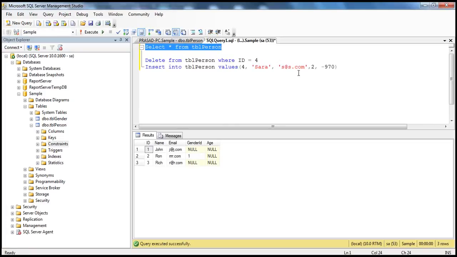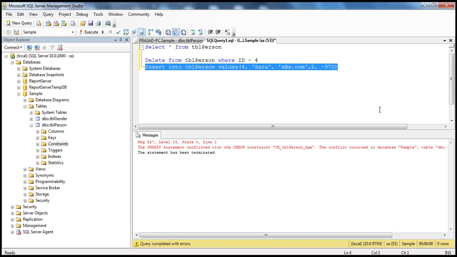Okay, now let's try to execute this query and see what's going to happen. So when I try to execute this query, look at that. The check constraint is kicking in. It's telling us the insert statement conflicted with the check constraint ck_tbl_person_age, the constraint that